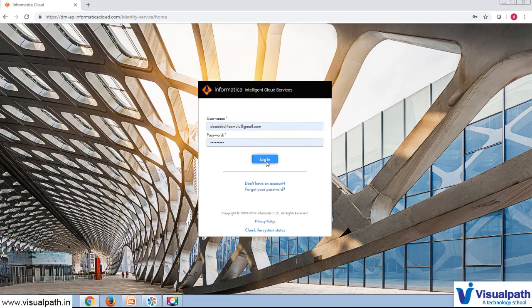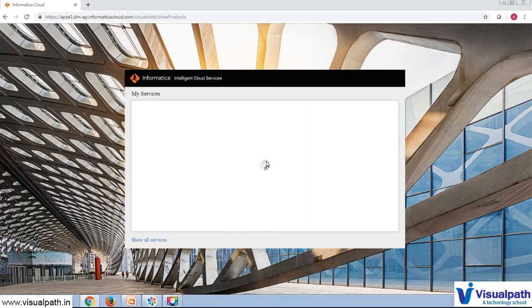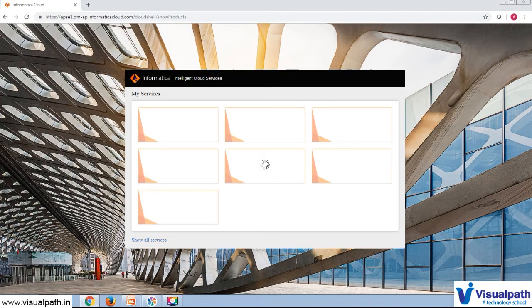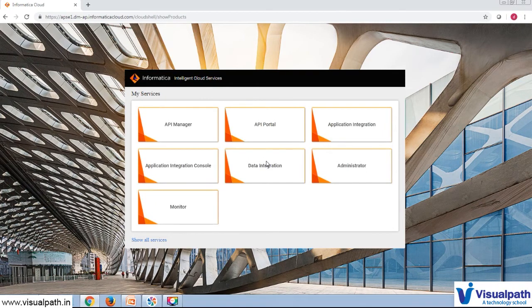So logging into the Informatica Cloud. This is the home page of the Informatica Cloud. Now we need to go to the data integration.